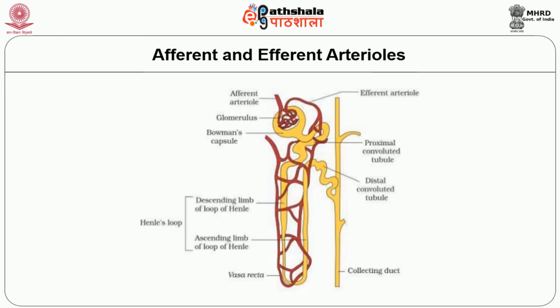The peritubular capillaries and vasa recta. The tubular portions of the cortical nephrons are supplied by peritubular capillaries and those of the juxtamedullary nephrons by the vasa recta, which are specialized capillaries. They are straight capillaries and hence the name vasa recta. The vasa recta arise directly from the efferent arteriole of the juxtamedullary nephrons and run parallel to the renal tubule into the medulla and ascend up to the cortex.